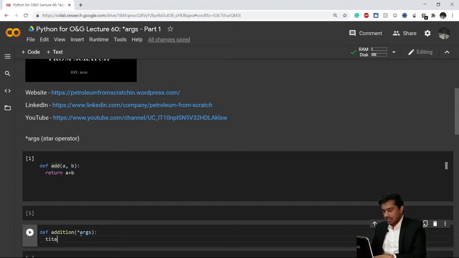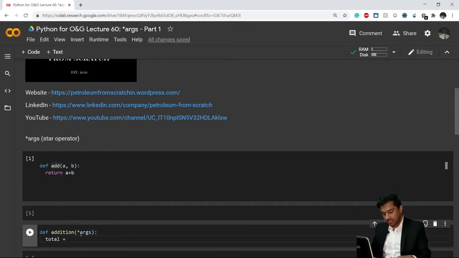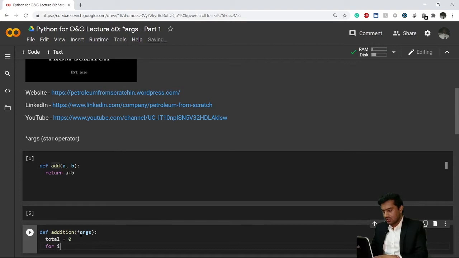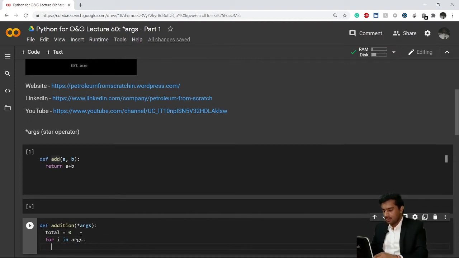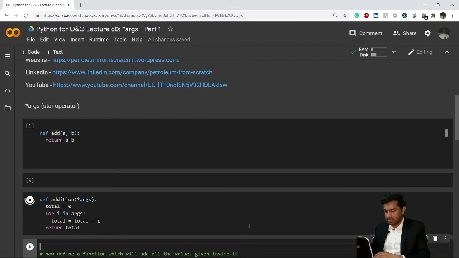Let's say I have a variable named total, which is 0 initially. I'll run a loop inside my args. So for i in args, I will simply do total plus i, and then I'll exit the for loop. Now I am inside my function addition, and it will return the final value of total. So this is how you define a function using args.